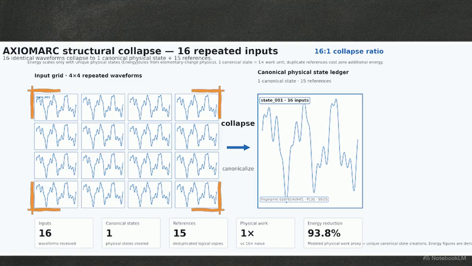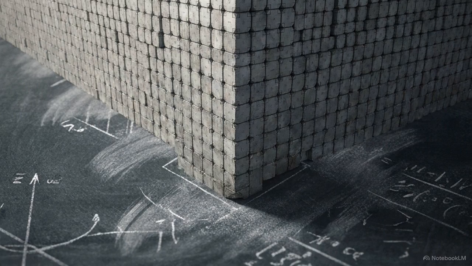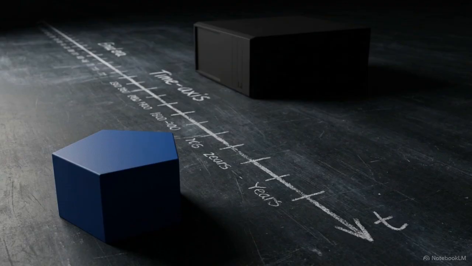This schematic shows 16 repeating waveforms undergoing the exact same spatial collapse. The deduplication process is entirely agnostic to the data type. Eliminating spatial waste with a 16:1 ratio is only the first step. The 0 millisecond temporal latency is achieved by maintaining that single canonical state over time without ever waking the CPU